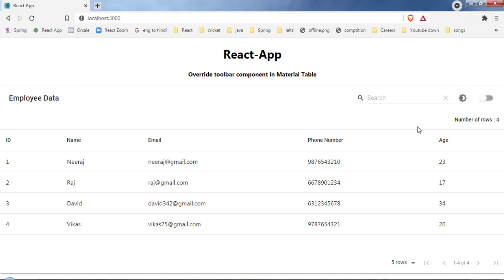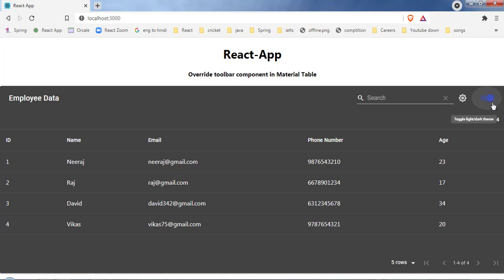this table. And this second icon does the same thing, but it is handled by using a switch component. As you can see, this switch is disabled right now and we have light mode. Let me click on this. Here you can see it is enabled and we have dark mode right now. Both action icons have the same functionality and it depends on you which one you prefer more.